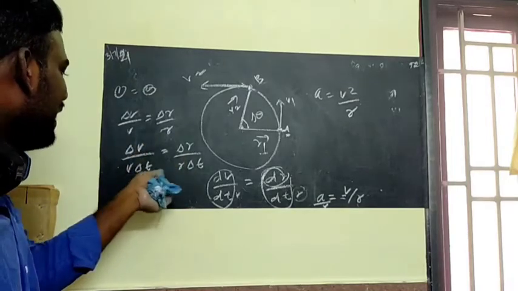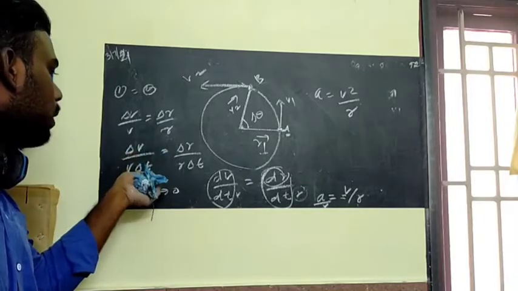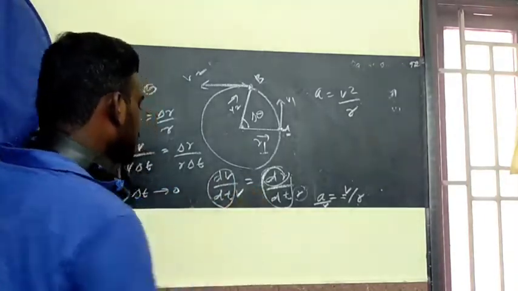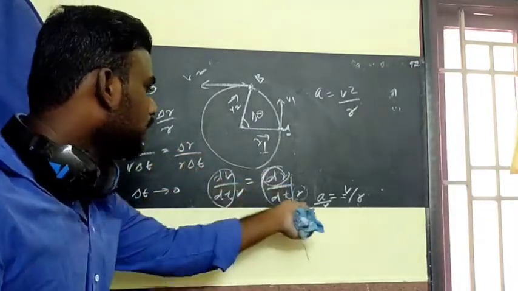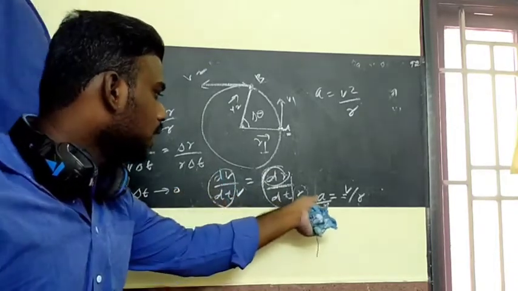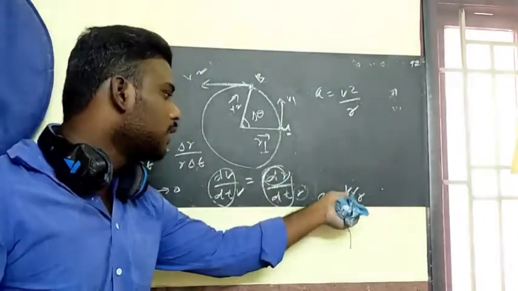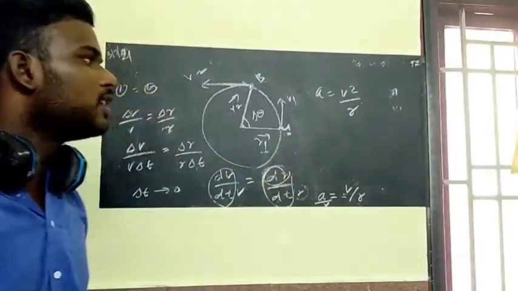I use the plane angle concept, and both sides we are dividing with del T. So when del T approaches 0, del V by del T becomes dV by dt into V. Here we have one V, don't forget. Likewise del R by del T becomes dr by dt, and here we have R. Rate of change of velocity is acceleration divided by V, and rate of change of displacement is velocity divided by R. If you transfer the V to that side, it becomes A is equal to V squared by R.